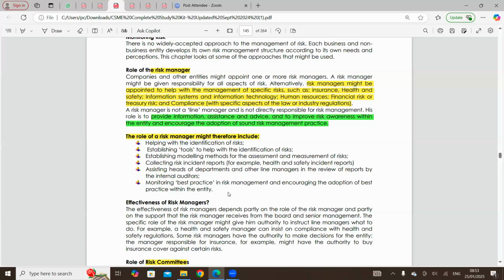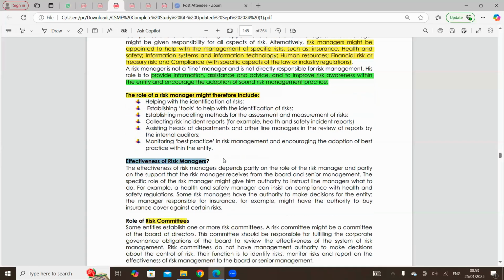And then the last one is that he's supposed to monitor best practices in risk management and encourage the adoption of best practices. If you look at it, they said encourage, because no matter how much effort the risk manager puts in, it depends on whether the organization wants to implement his recommendations. Abi, that is what will happen. And this takes us to our next point, which is